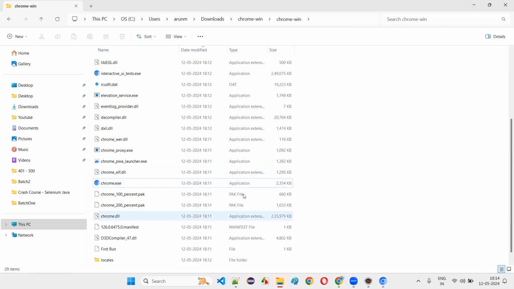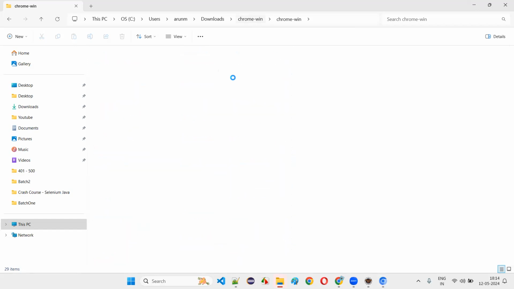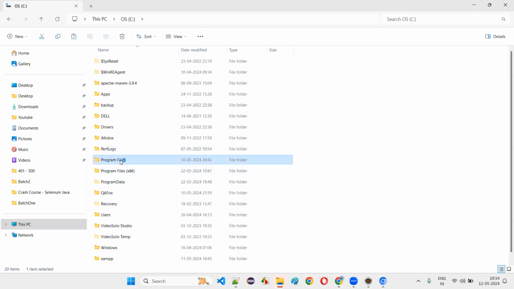So then how to set this path and run the scripts? Something we have to think. How to install this Chromium, you see this kind of stuff is there, guys. The Chrome Win folder is coming. Maybe I'll do one thing. I'll copy this Chrome Win folder and go to my C drive and put that inside Program Files